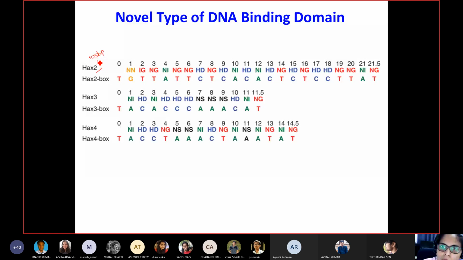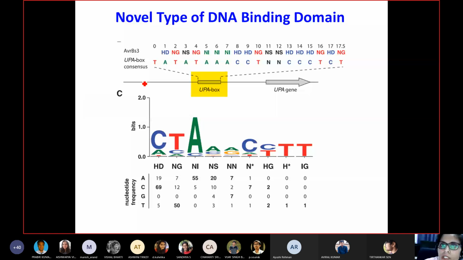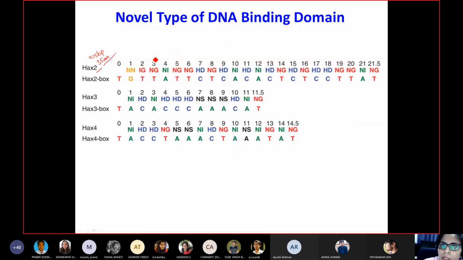Based on this experiment, for AVR, they already knew the repeats and the boxes. Now they wanted to find the promoter regions of other genes also, so they took advantage of sequencing. They sequenced and were able to find the repeats, and from the repeats they predicted their sequences